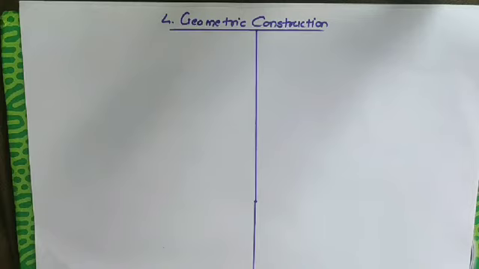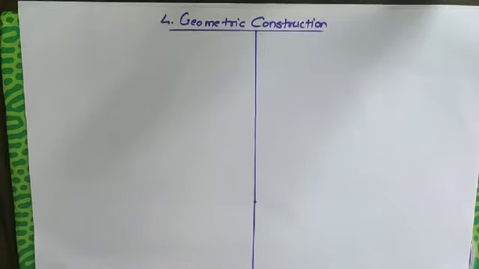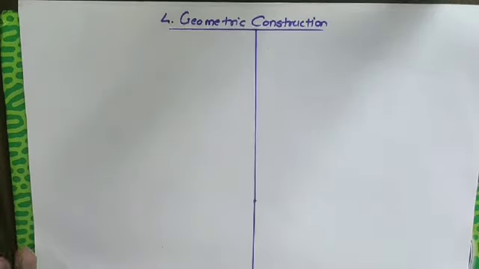the previous standard, in which you have learned the following constructions, and let's recall those constructions. The first construction is to construct a line parallel to a given line passing through a given point of a line. So this is the first one. I will write here the heading of it.